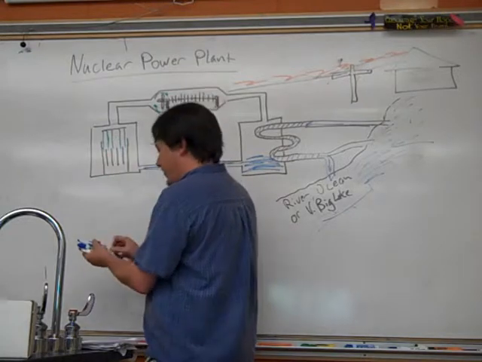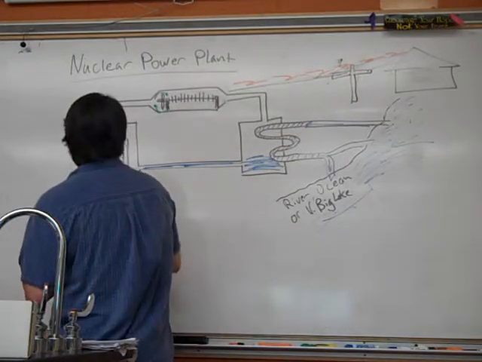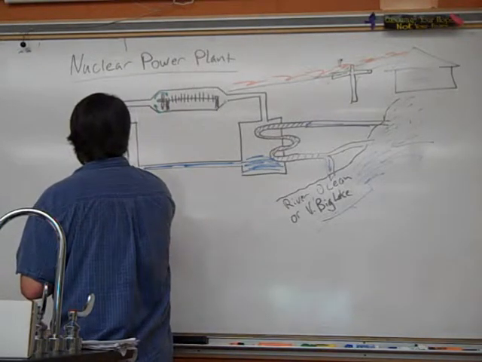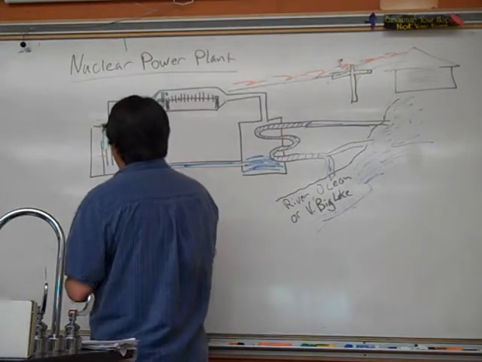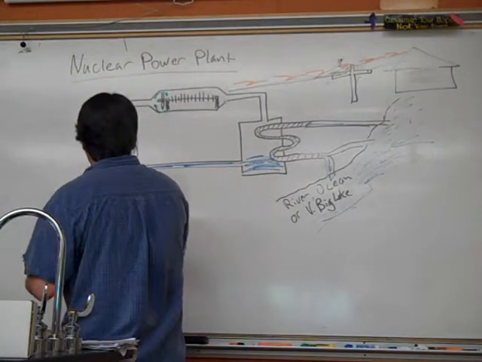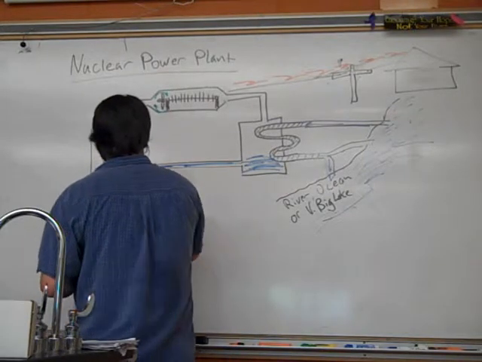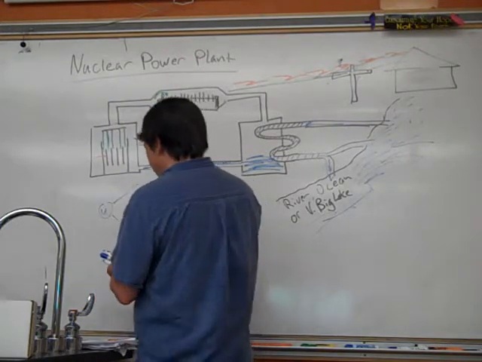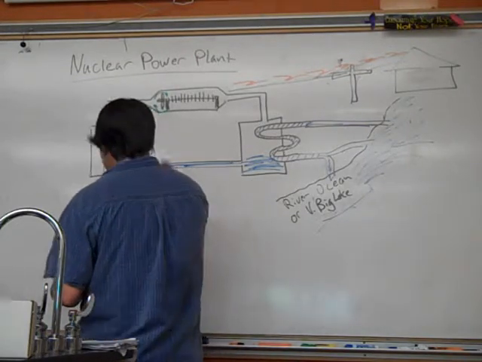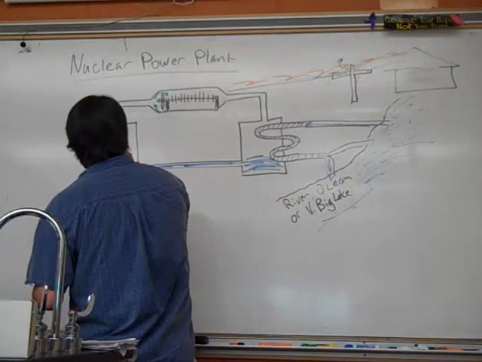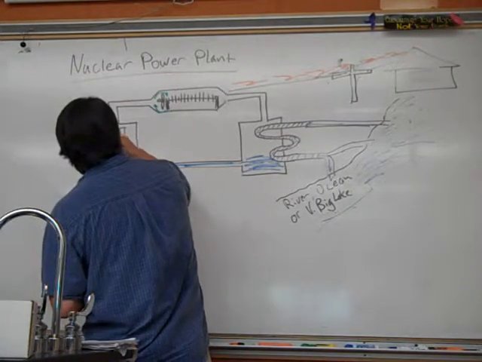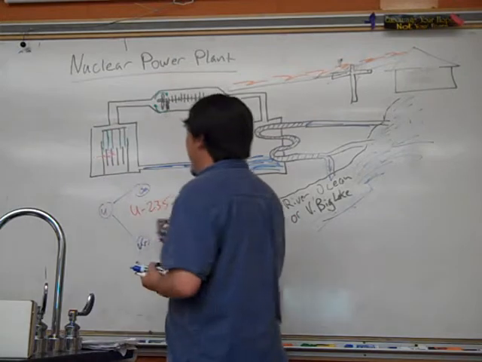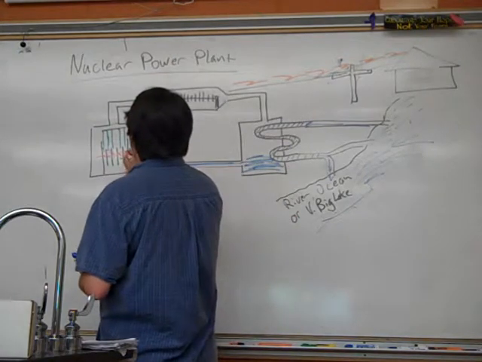You shoot some neutrons. We've talked about this part. You take some neutrons, you shoot it at the fuel rod. You have fission that happens inside of the reactor. Uranium is split into, say, barium and krypton. Other neutrons come out, and that starts the chain reaction all over the place. If you have enough uranium-235, which is the fissionable isotope,